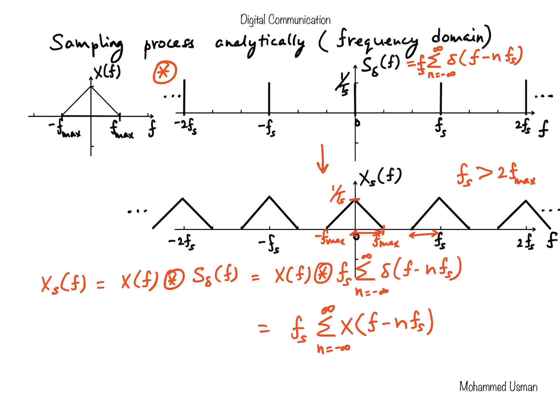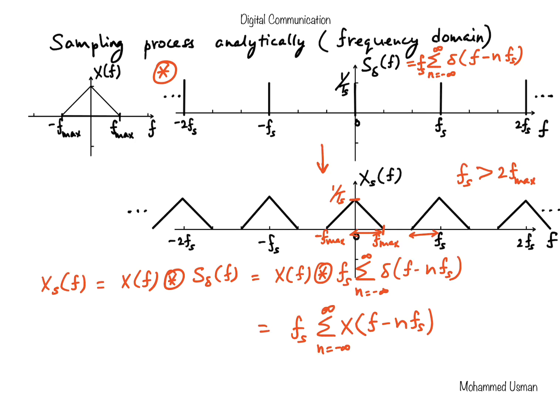Now, with this depiction, we can discuss the reconstruction process. If you want to reconstruct the original signal from the sample signal, that means we are trying to get back this original spectrum from the spectrum of the sample signal. So we just want to get rid of these extra replicas and retain only the central term which is centered on 0. So that would give back our original signal, and that could be achieved very easily